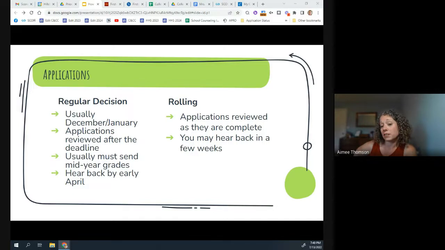When students get deferred, not only do they go to regular decision, we almost always have to send them mid-year grades, but most schools will also give you an opportunity to update other things about your application at that point. I walk students through doing something called an email or letter of continued interest, providing updates that have happened since they submitted their application. So it's something that I do as part of our process. We'll talk about it when we get to that December time frame and decisions start rolling in.